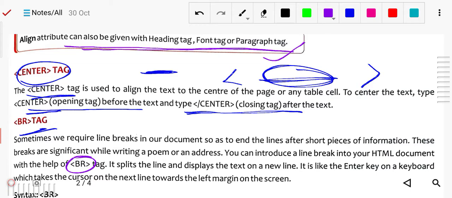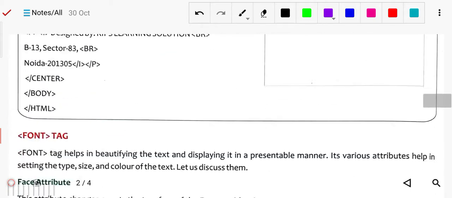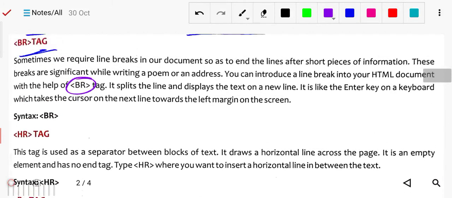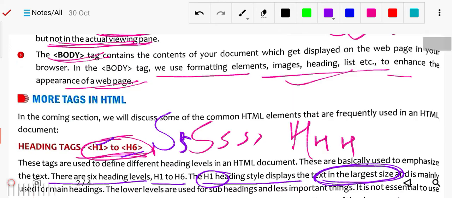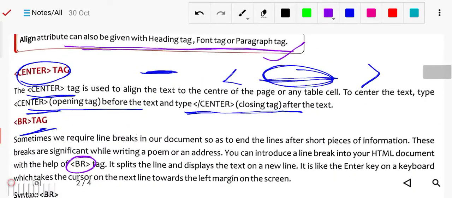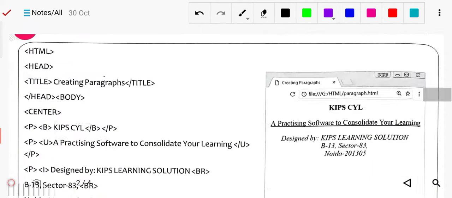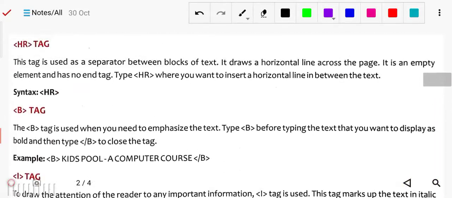It is like the enter key on your keyboard. So the BR tag is just like the enter key. When we press enter, we move to the next line. As we use the enter key on the computer, it works in the same way.